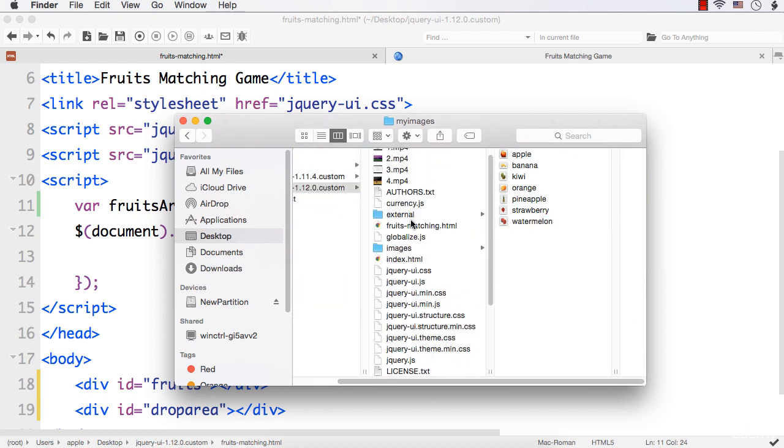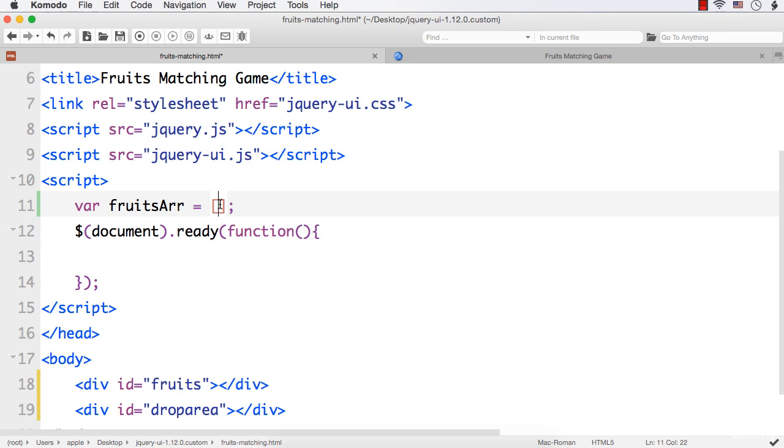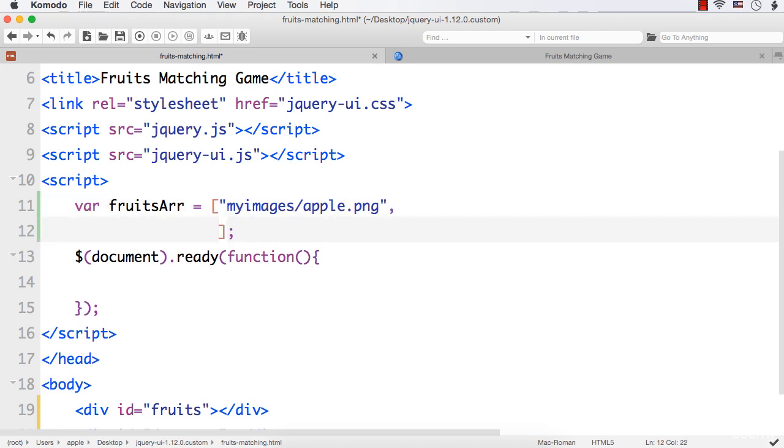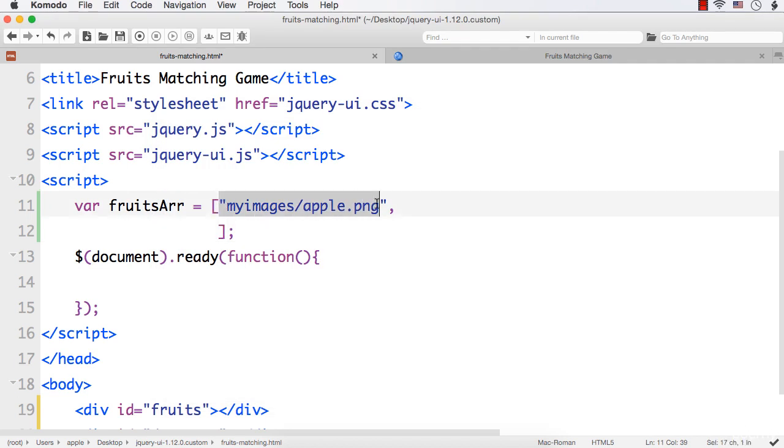Okay. So as fruits-matching.html and my images lie in the same folder, I can specify the location like my images, that is a folder name, slash, then the name of the fruit. So let me specify the name like this, apple.png, that is the first one. I can name it in any order because we are anyway going to shuffle this. Okay. So I think I have 2, 4, 6, 7 fruits. So let me copy this 6 times